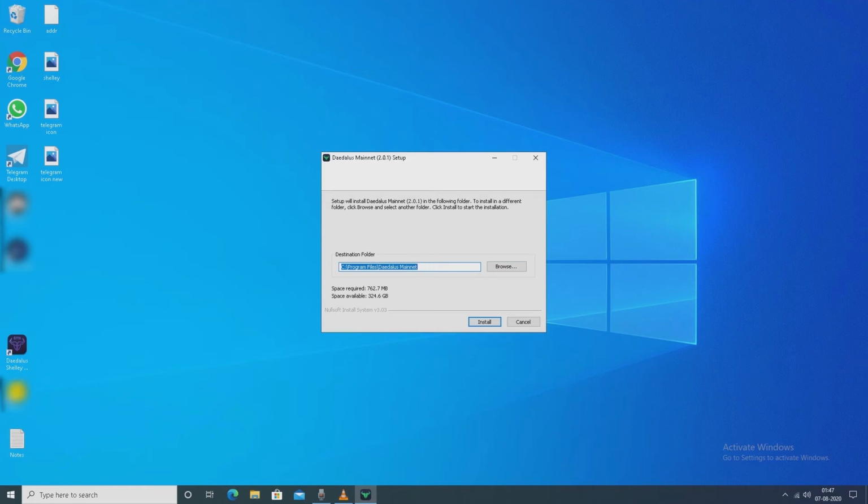C program files Daedalus mainnet. You can also change the file location, but it's better to keep the installation under program files. So we'll simply click on install. It will take some time, so wait for it.